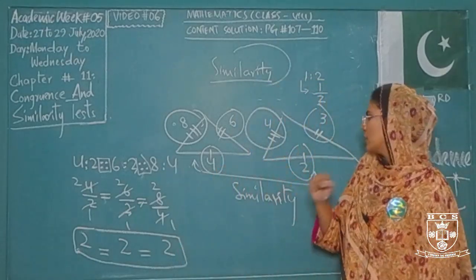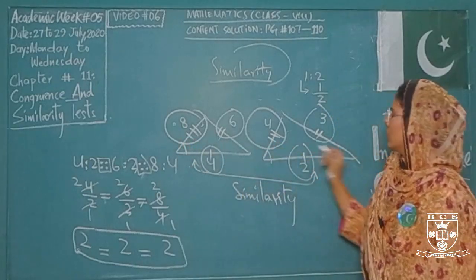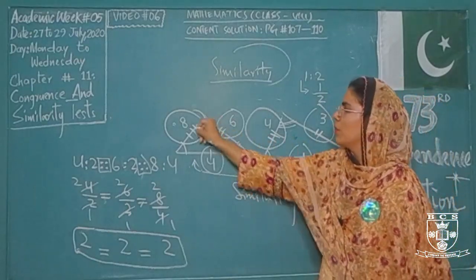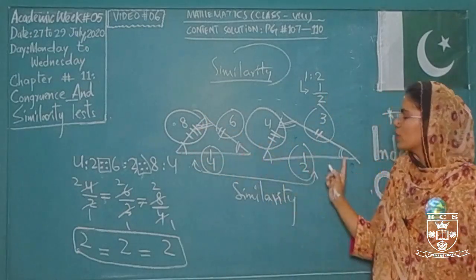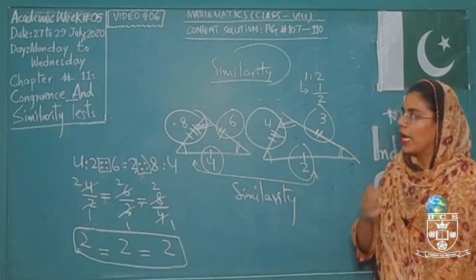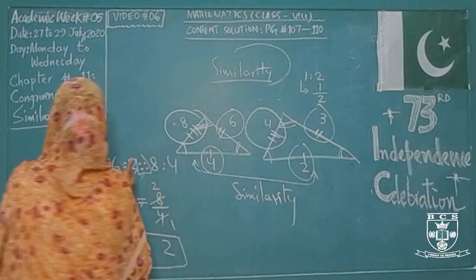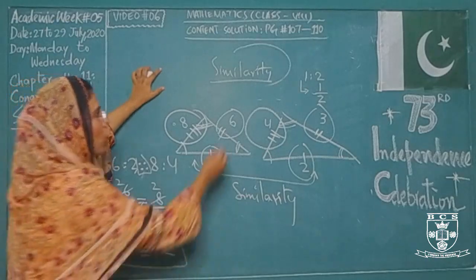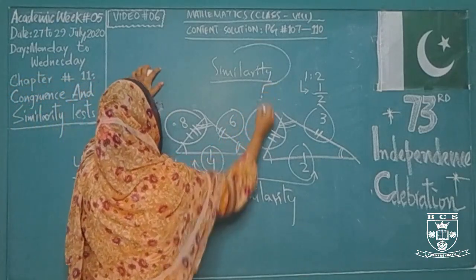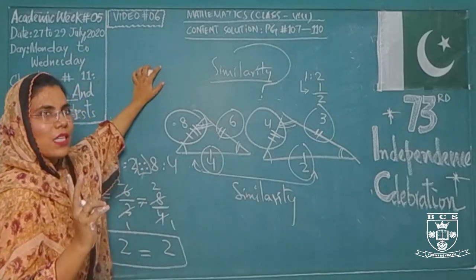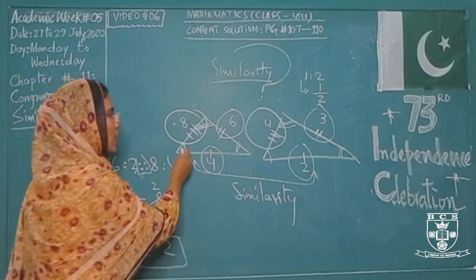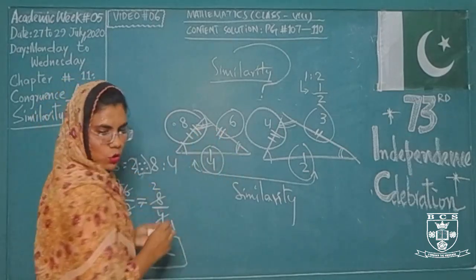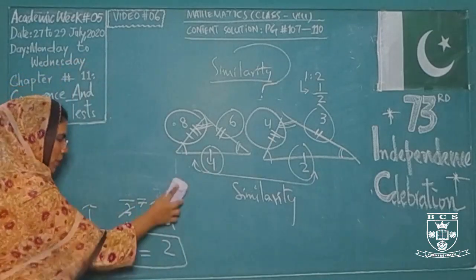And except this one, the three different angles must also be the same as the corresponding angles. Means angle 1 must be equal to angle 1, angle 2 must be equal to angle 2, and angle 3 must be equal to angle 3. Now as in congruence, three elements must be similar or congruent for the congruence test that we have discussed in the last class. In similarity, any two elements must be the same. If two different angles are the same, the two triangles are similar. If the ratios of the three different sides are the same, these two triangles are still similar.